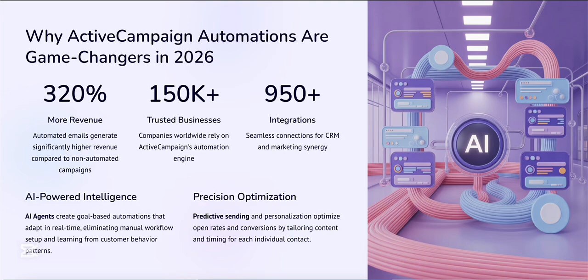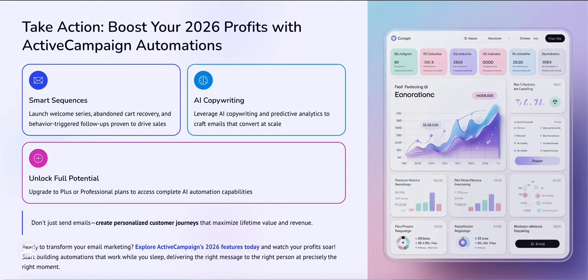is most active. Integrate your store, Shopify, WooCommerce, or your CRM to trigger emails based on customer actions. Every visit, click, and purchase becomes a trigger. Pro tip, use ActiveCampaign predictive actions. The system intelligently sends the right email at the right time based on user intent, doubling conversions compared to manual